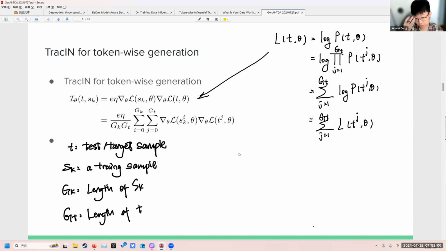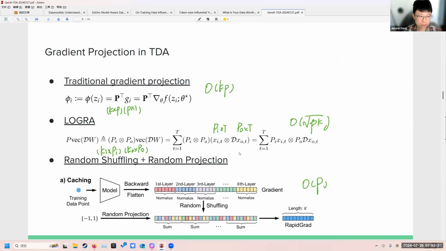Actually, in the papers, they did not mention this kind of thing, but I guess it is basically seeing the generation as a Bayesian process, and seeing the probability as a product of the generation probability of the tokens. Okay, so this is about the token-wise attribution here, and another one is the gradient projection or the random projection